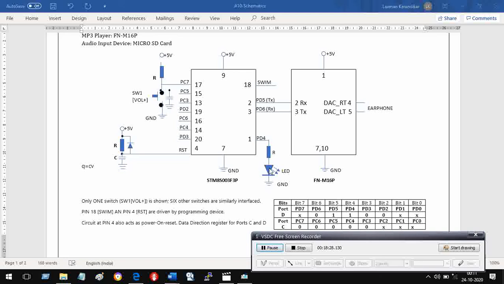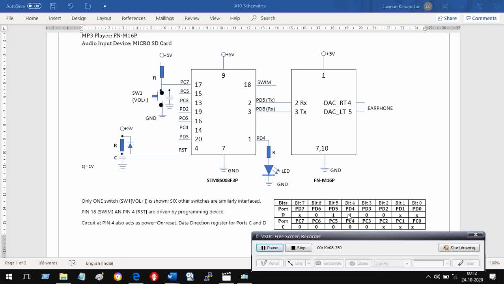So what do I do? PD4 has to be given direction output. And for output, what do we do? For output, we set that bit equal to 1. So the PD4 bit is set to be 1, where in the DDR register, we must make this bit equal to 1, the fourth bit. This is bit 0, bit 1, bit 2, bit 3 and bit 4. This bit 4 should be made 1. I don't care about any other bit. Let us say I just want to do this and nothing else.